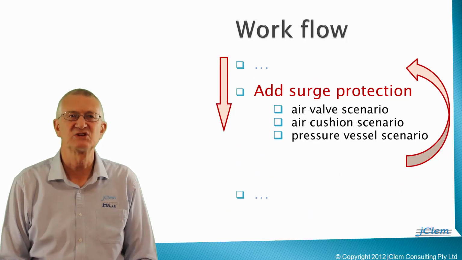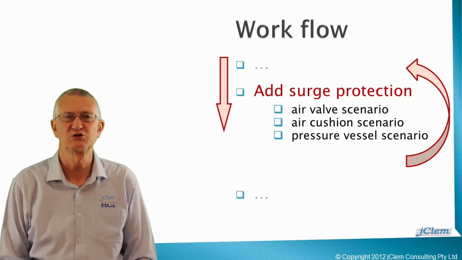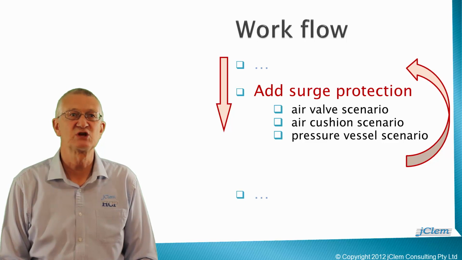When you get to the section in the case study that adds surge protection, the study leads you through 3 scenarios, using an air valve solution, an air cushion solution, and then a pressure vessel solution. These examples are chosen because they are the surge protection methods most frequently implemented by industry, because they tend to be effective and economical, meaning you should end up with skills that you are likely to often use in your